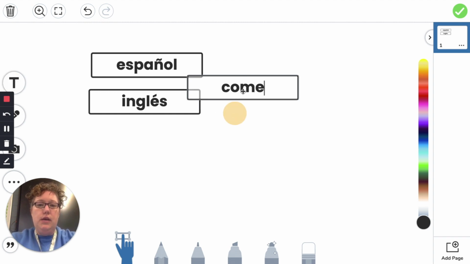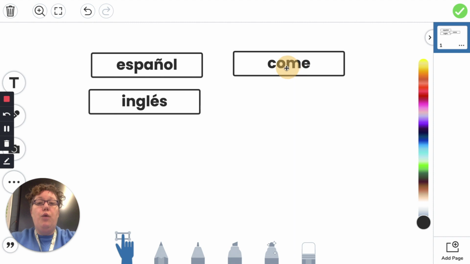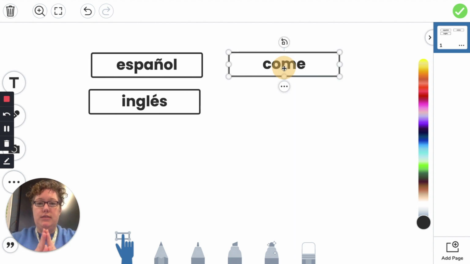I don't know. You're going to put in what she has. So I'm just putting it in right now as a placeholder. So you're going to take the 3 structures that she has, then put in Mi Diccionario, that dictionary page. Now you can use that if you want to, but I think this is more kid-friendly. But anyway, so come. I usually make this a different color because then it shows up better. All right. Then I take this